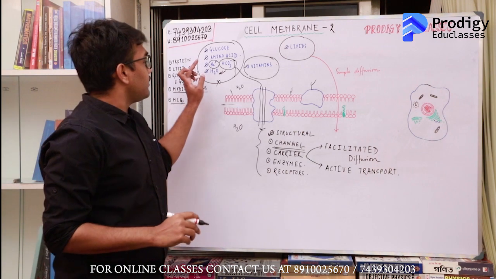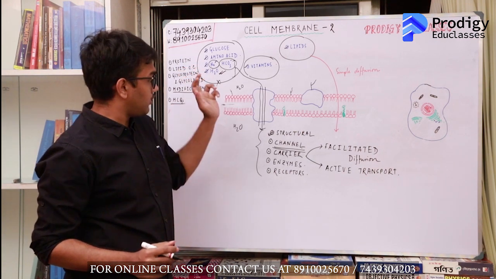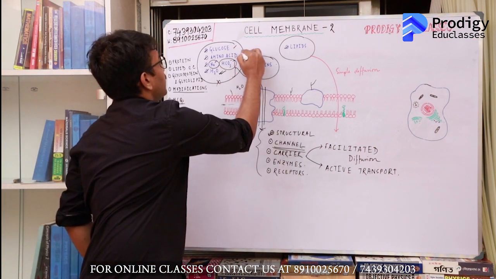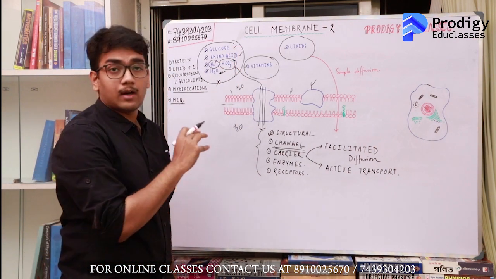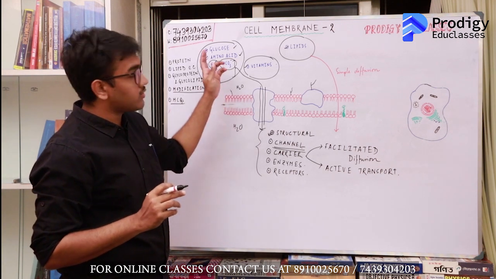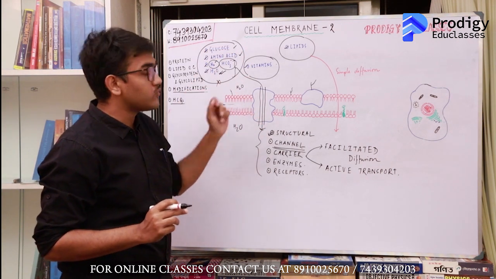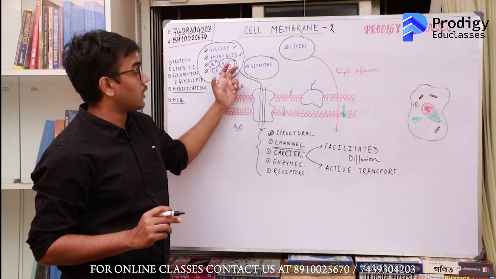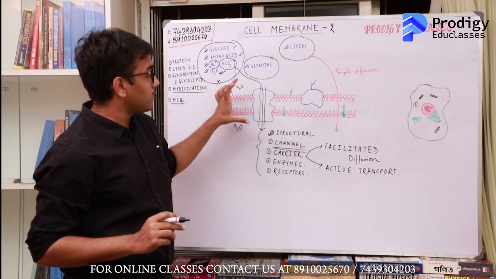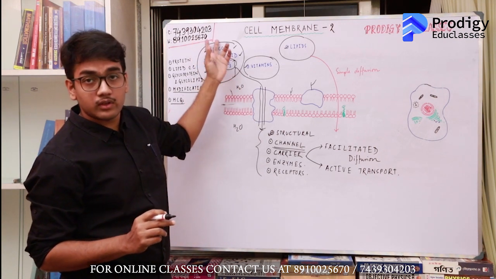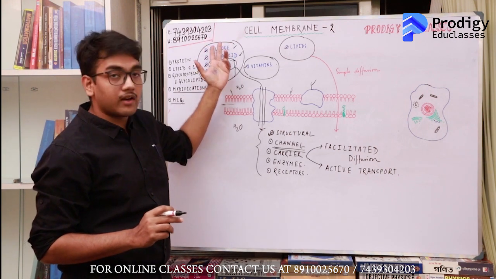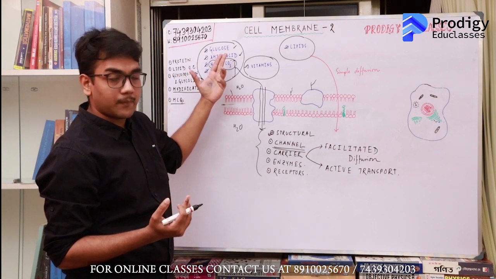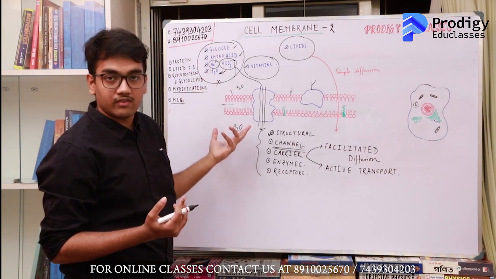Look, ions and water are small molecules, so these can pass through channels. But if you look at bigger molecules like glucose, amino acids and other hydrophilic complex molecules, you will find that they are not sufficiently small to pass through these channel proteins. So they will use carrier proteins to be transported across the cell membrane. Carrier proteins are such proteins which will bind to these hydrophilic substances and then undergo a change in their structural configuration and pass the substance from outside inwards or vice versa.